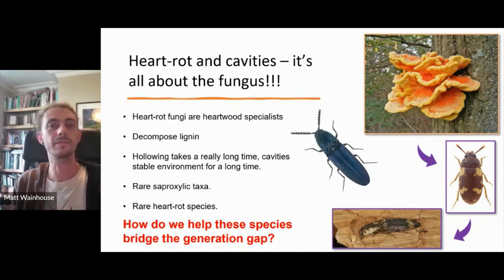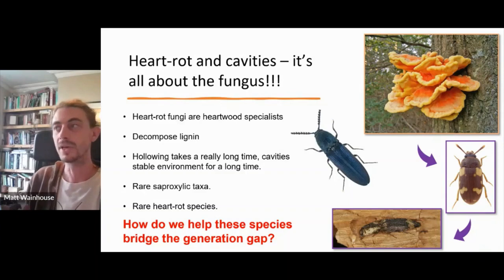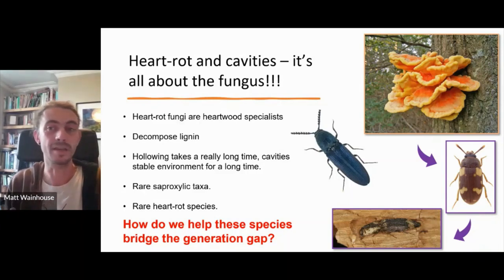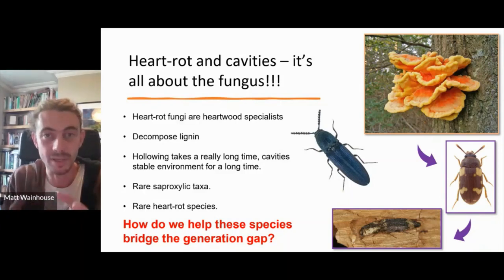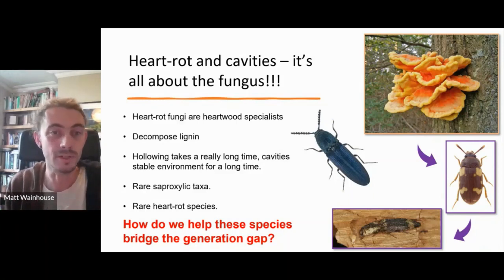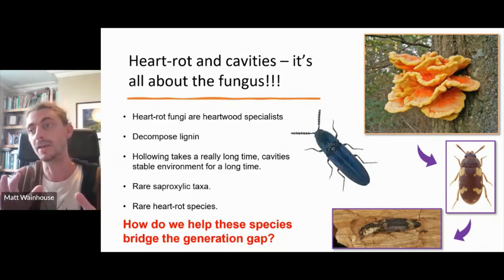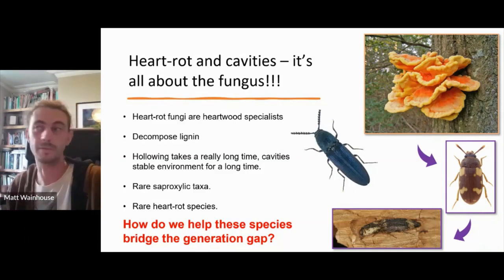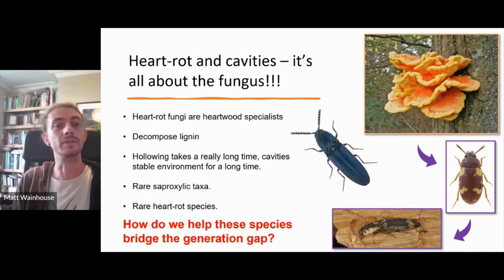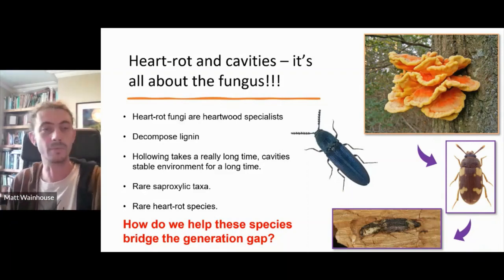So we think that for a beech tree, for example, it's probably about 80 to 100 years before the heart rot fungi are able to even access the middle of the tree and start that decomposition process. Whereas in oak, it might be 200 years, from some of the research that we're doing on the side of this work. And then the cavities themselves are full of lots of rare species and networks in their own right,